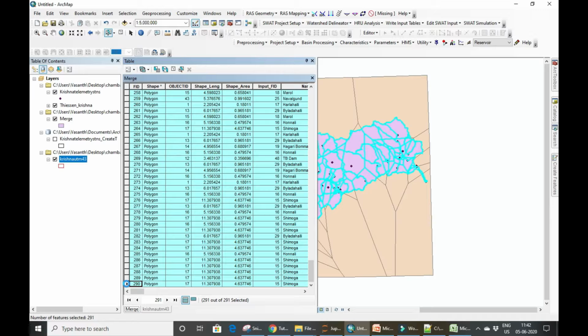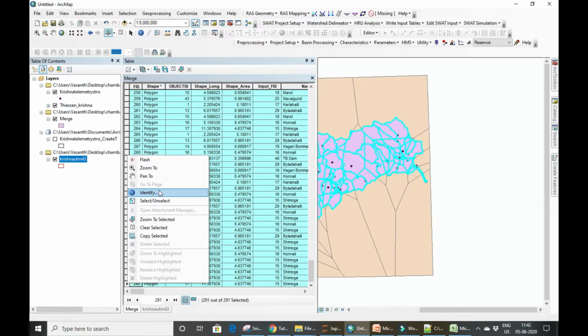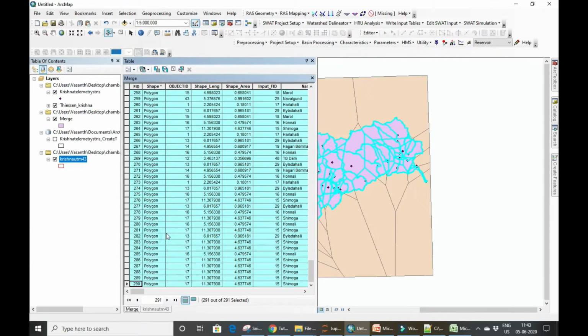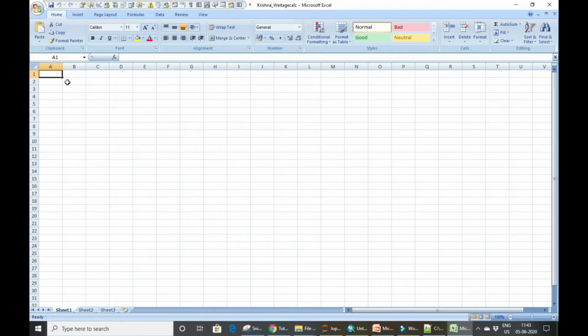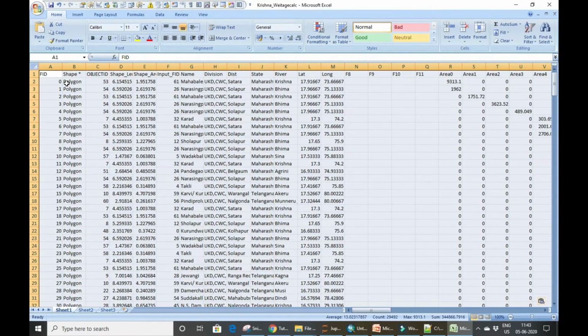When you copy from the attribute table, make sure you right click and then do copy selected. Since this is a huge file with 84 subcatchments, it is going to be really big, but if you have much smaller catchments, the process will be much easier. I am just copy and pasting.